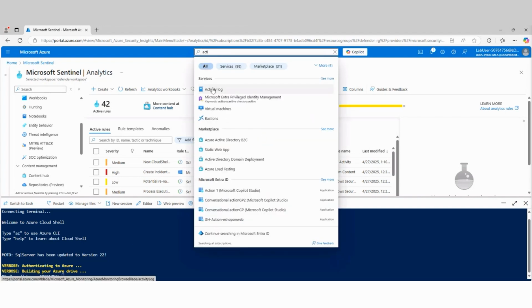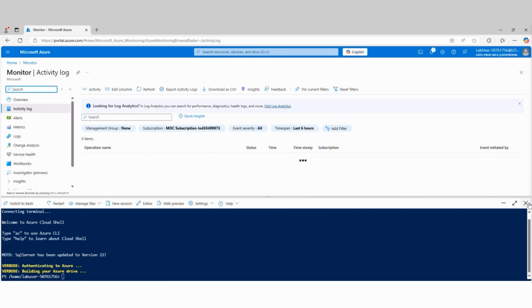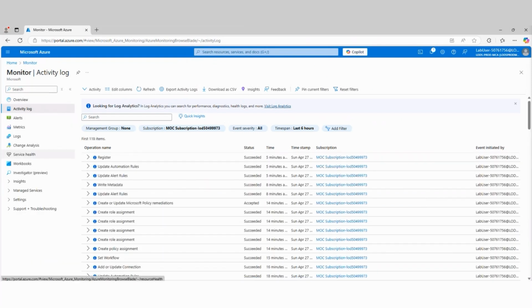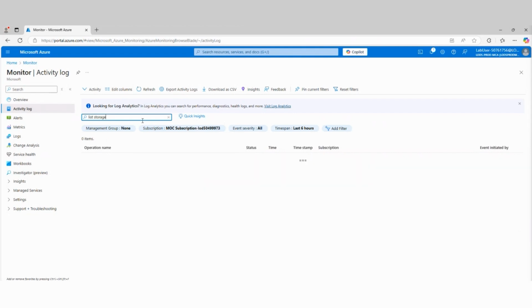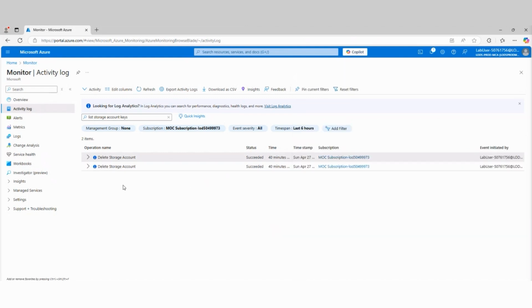So we're going to go into the Azure activity log here, and I'm going to close PowerShell. We no longer need that. There are a few things that we're going to look for here. The first thing I want to look for is list storage account keys. I'm just going to do list storage account. And it'll generate the logs as part of our process. Now, if you don't see this up front, it just may be it hasn't updated yet fully, but eventually it will show the log entries in here. So that's one of them.